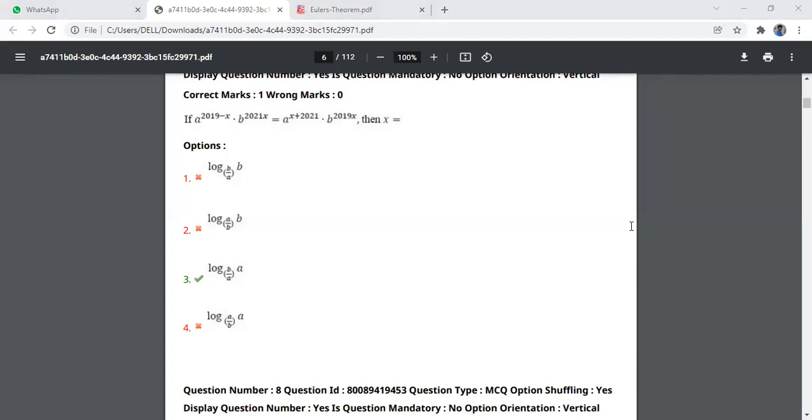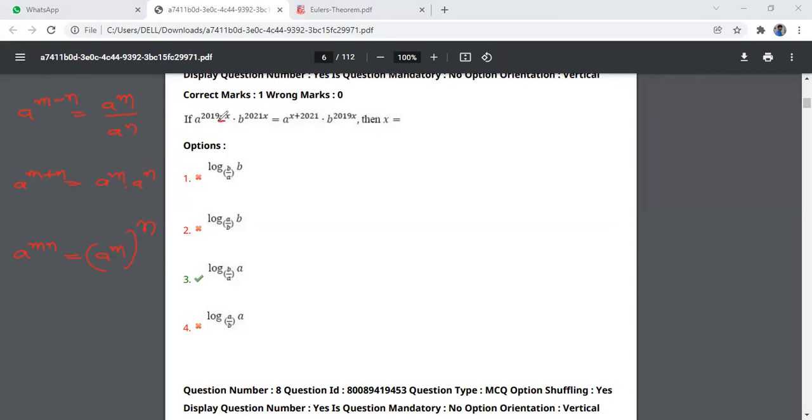Next question. This is a simple question only, but for calculation purposes it is some big, because we have to write too many times. Okay, I will try to write here itself, try to understand. And I'm taking some formulas here. A power m minus n, I'm writing a power m by a power n, and a power m plus n is equal to a power m into a power n. A power mn is equal to a power m and whole power n. These formulas will be helpful for this question.